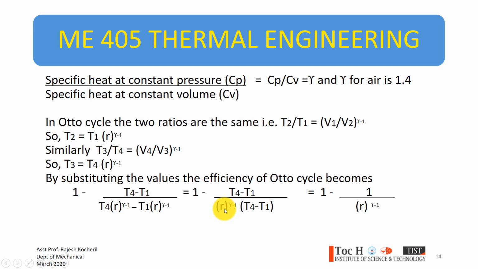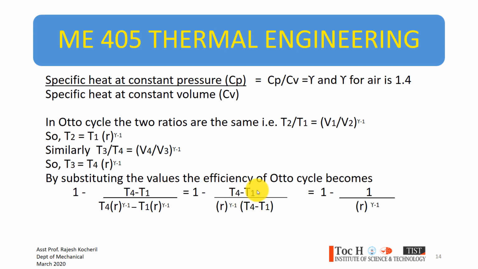Now taking r raised to gamma minus 1 out, we can write this equation as (T4 minus T1) by r raised to gamma minus 1 into (T4 minus T1). Now solving and simplifying this,